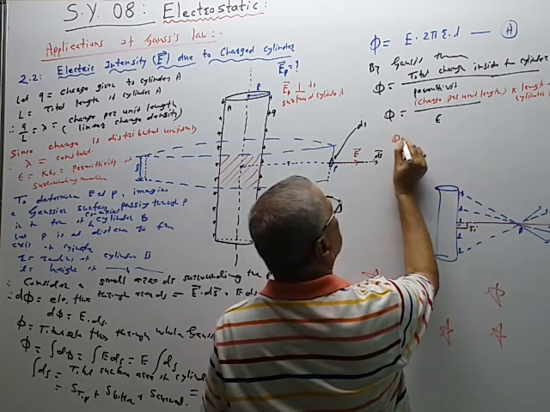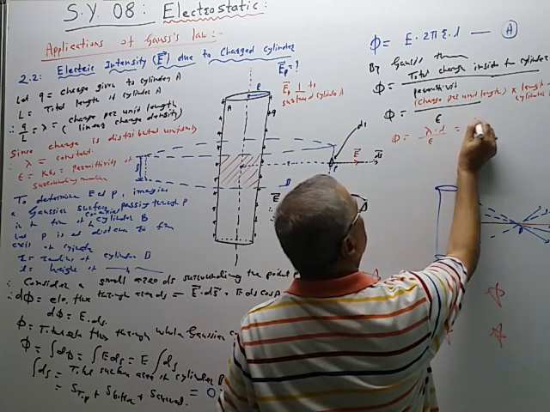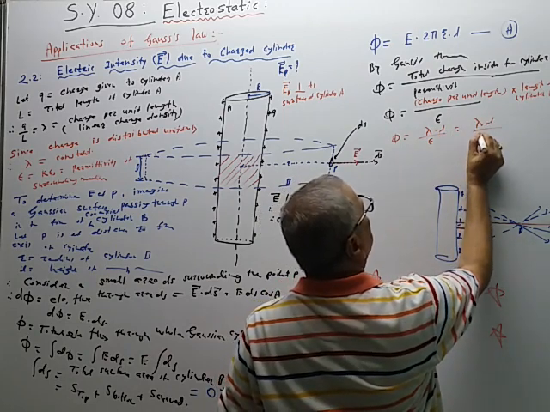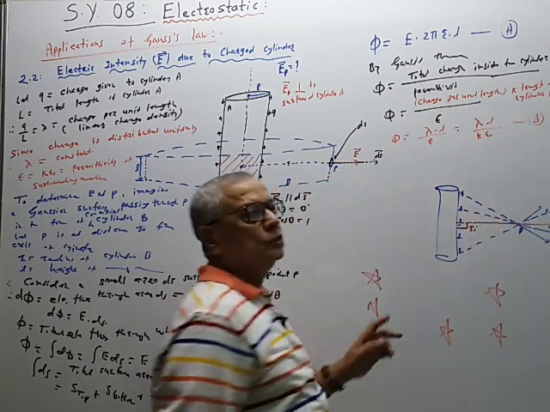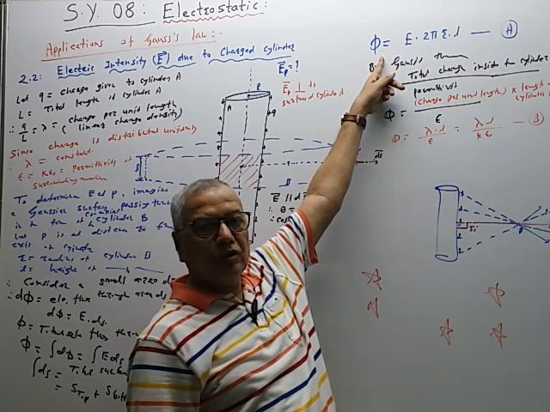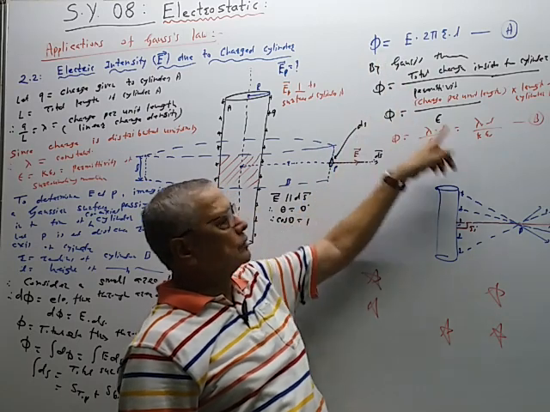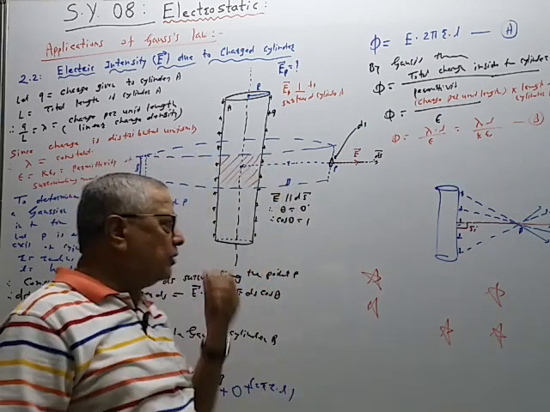And then phi is equal to lambda multiplied by L upon epsilon, lambda into L upon K epsilon naught. So this is equal to E. So this is the value of electric flux through the Gaussian surface without using Gauss theorem. Using Gauss theorem, दोघे फक्त इक्वेट करायचे आहे. सेम प्रोसिजर मध्ये फॉरवर्ड लास्ट आहे.